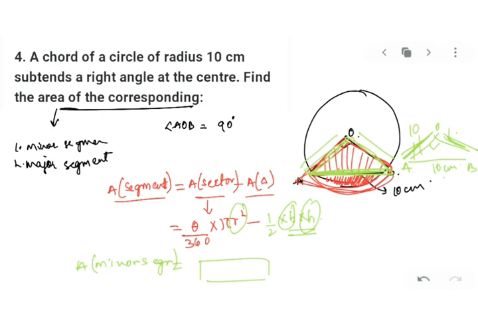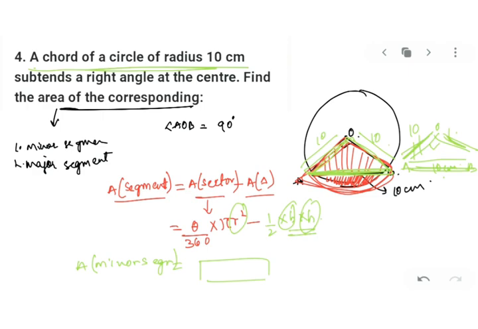I'm sorry dear kids, it is given in the problem a chord of a circle of radius 10 centimeter. I had taken the chord measurement as 10 centimeter. I'm so sorry, the radius is given as 10 centimeter. So the problem becomes very easy. You do not have to use any kind of trigonometrical functions or ratios to find your radius. So radius is given to you.